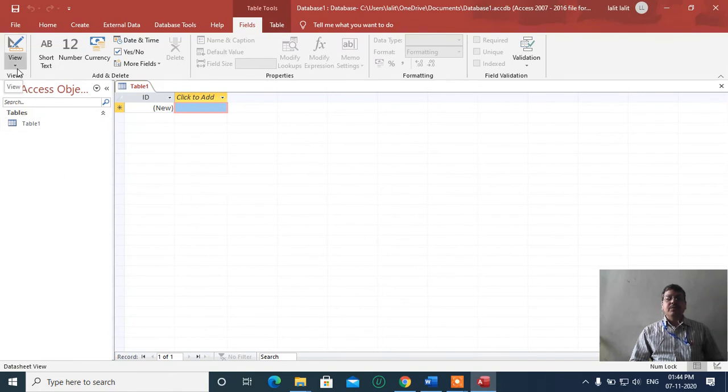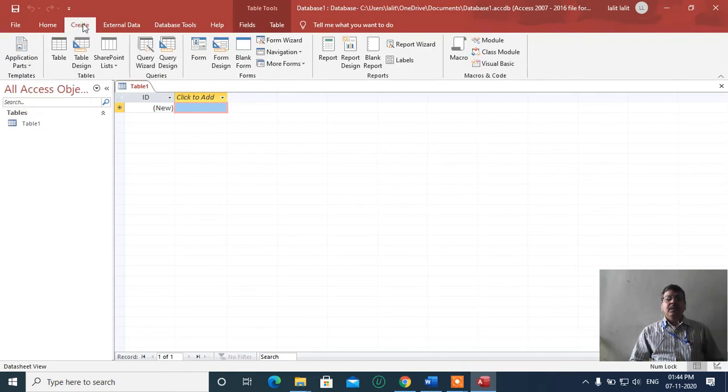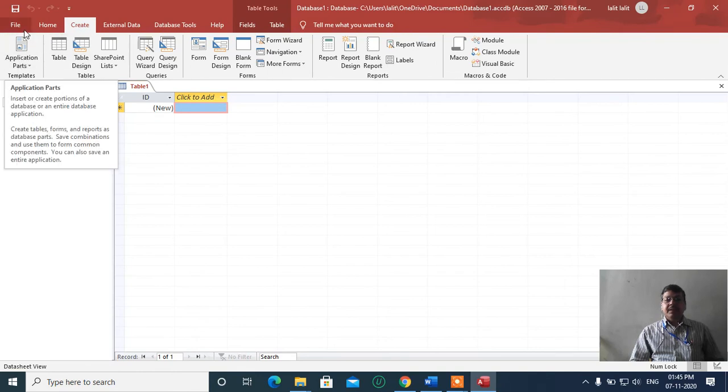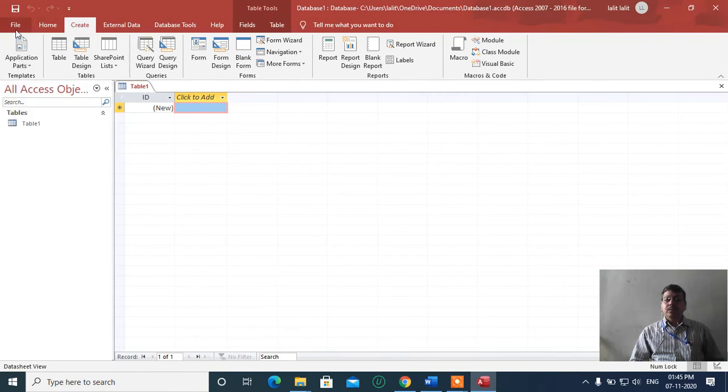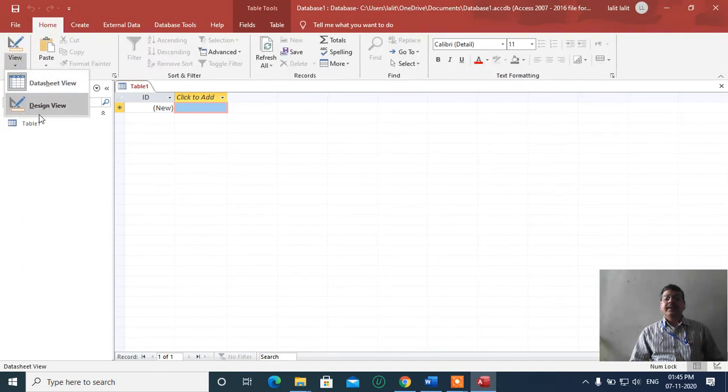So the first time when you create a table, you can use design view, or click on the create tab and then the table option. But the difference between the create button and view is that using the create button you can create as many tables as you need, but using the view option you can create only one table at a time.